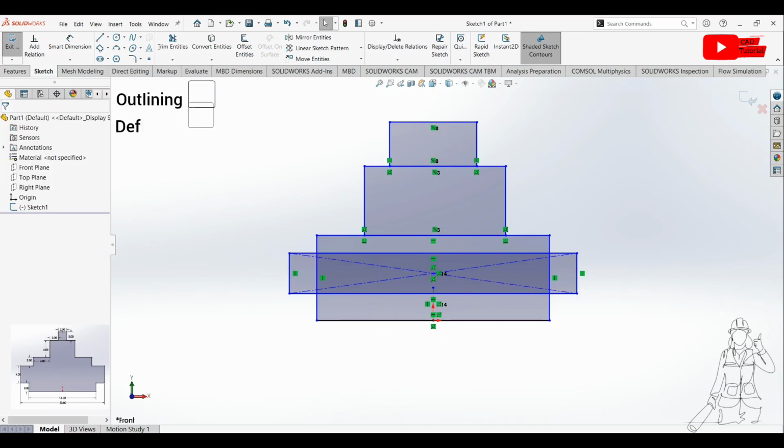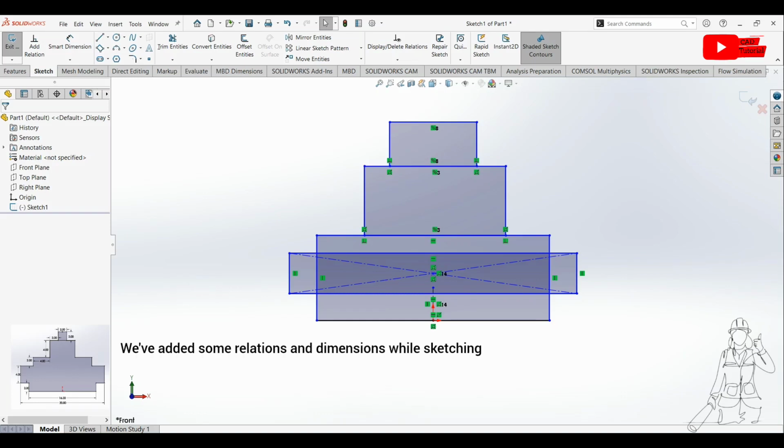Now we have a sketched out line, but as you know, we need to define it. For defining the sketch, we will define the outlined shape by applying relations and dimensions. We've already added some relations during sketching like these vertical and horizontal relations, but we need more relations in order